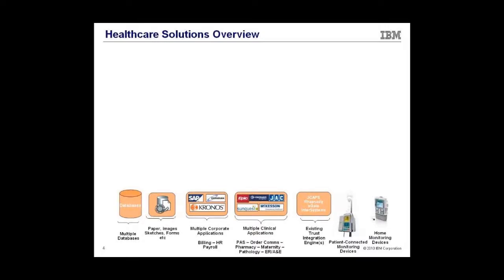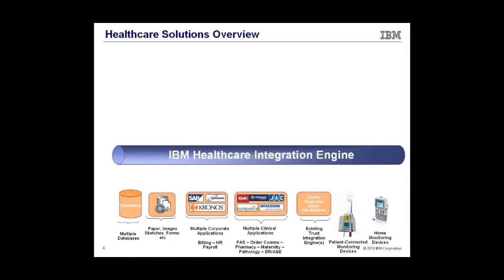So within IBM's healthcare solution overview, if you imagine most trusts have multiple databases with regards to information around patients. You have paper medical records. So all this information typically needs to be shared across different clinicians. IBM's capability is to actually bring it all together, into a healthcare integration engine, and also bring together the paper records by providing scanning software